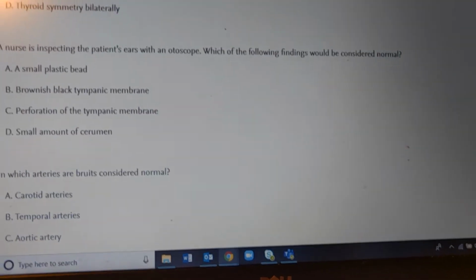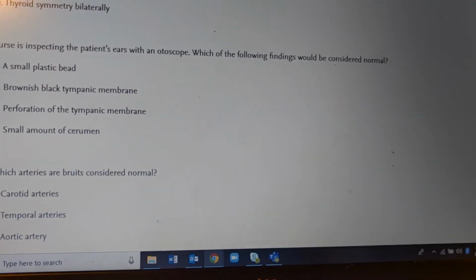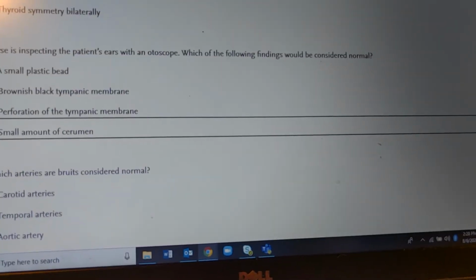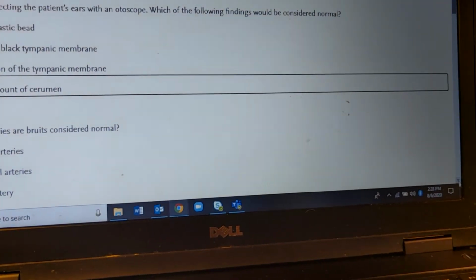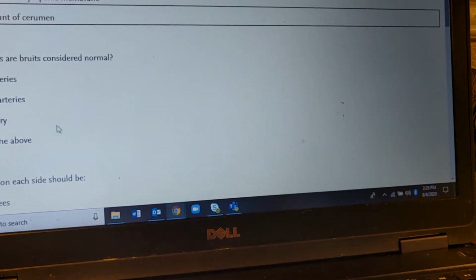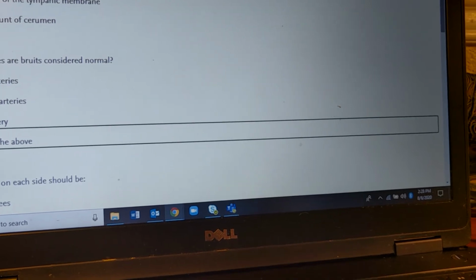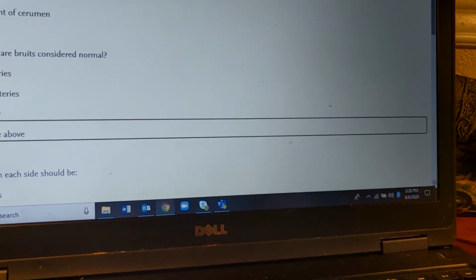You're looking at the ears. Which of the following findings against potatoes? No. A small amount of cerumen. Which arteries or bruits are considered normal? Bruits are never normal. Then neck rotation on either side should be,